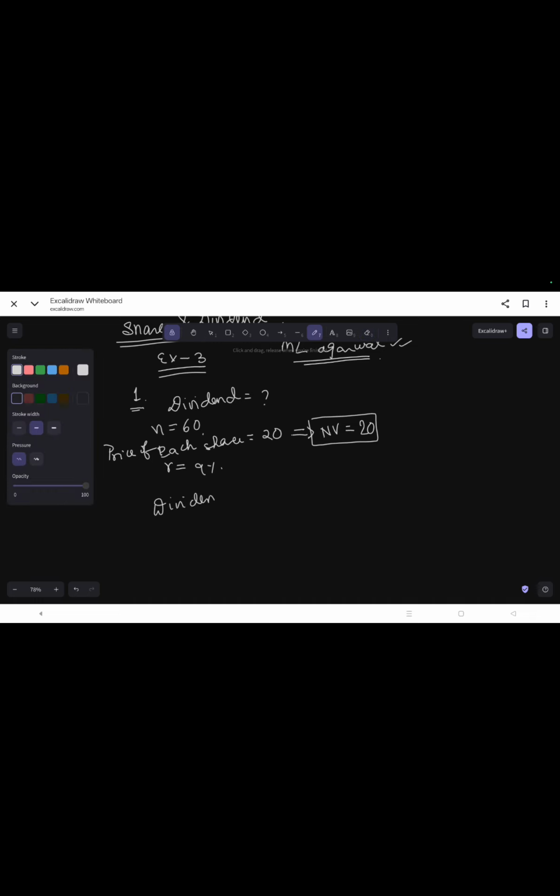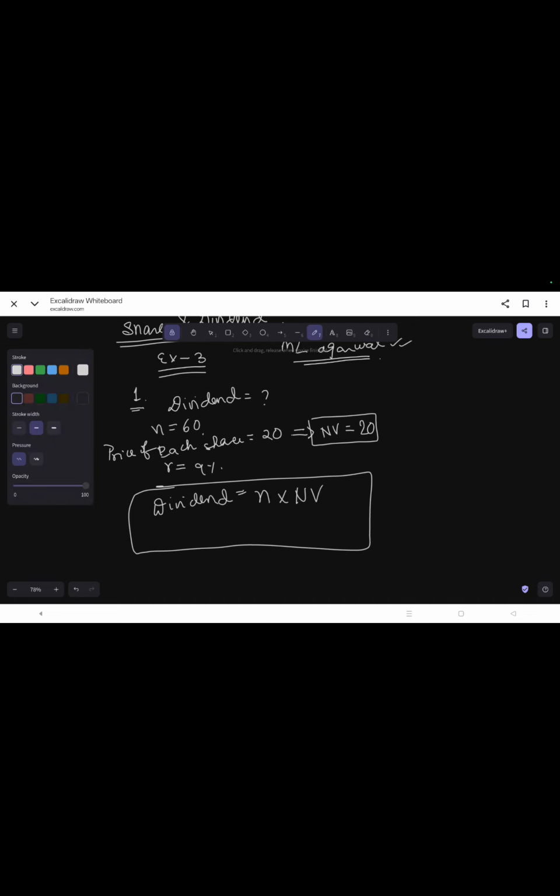Here the price is given as 20, so it is the nominal value. Now the dividend formula is very easy. What is the dividend formula? Please note it. Don't write the formula small, because it is one of the most important formulas. It will be used in almost every sum. So the dividend is N into NV